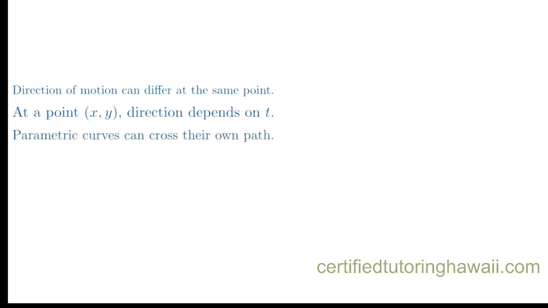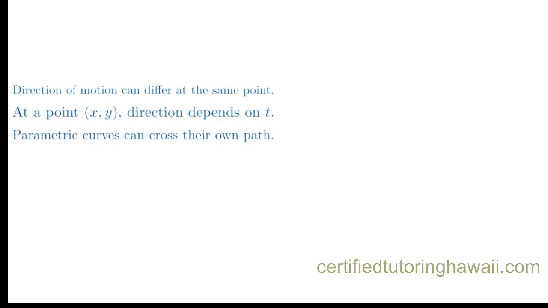This brings us to a critical second point. The direction of motion can be different at the same geometric location in the plane. This might seem strange at first. You can be at the exact same coordinates, say 1, 2, but moving in a completely different direction depending on the value of the parameter t that gets you there. The reason is simple. A standard function, y equals f of x, has to pass the vertical line test. You can't have multiple y values for a single x value. But a parametric curve can